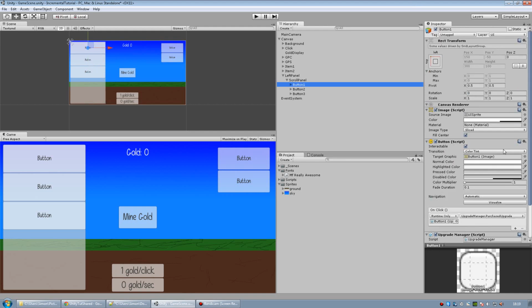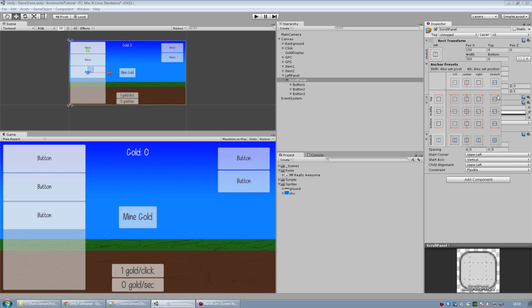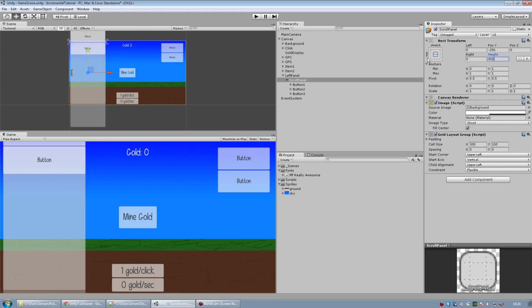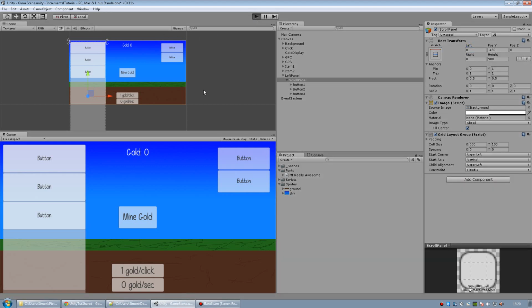Oh, also the scroll panel needs to be anchored to the top, and it's gonna stretch horizontally, so we need this. I'm gonna set the height to 900, and then again the Y position, half of that, so minus 450. Since we added padding to the left already, we don't need to have any padding right here. And this should basically be working,